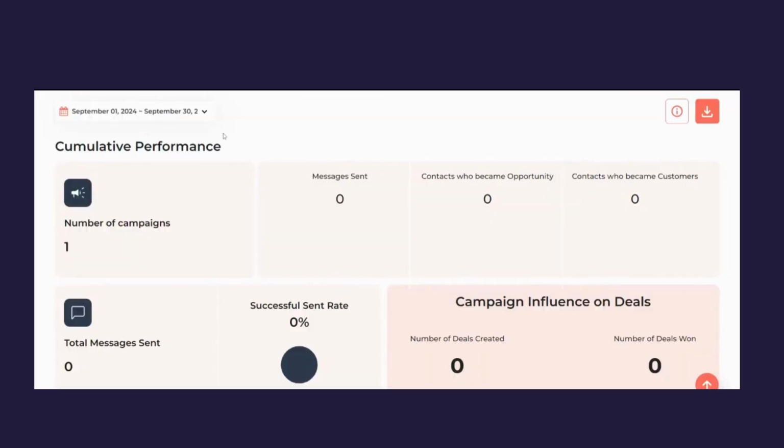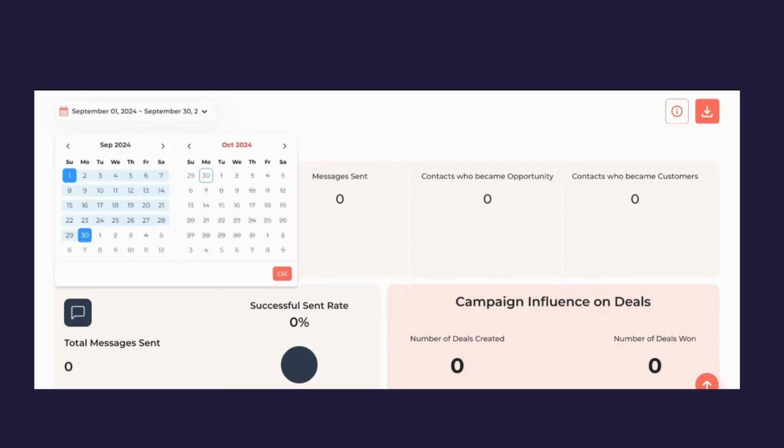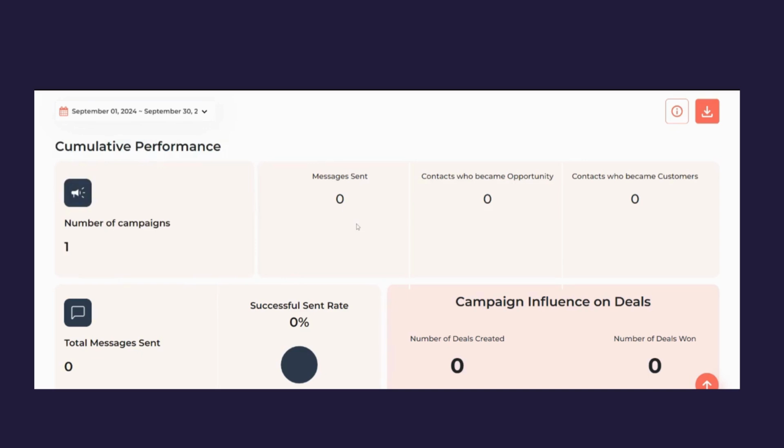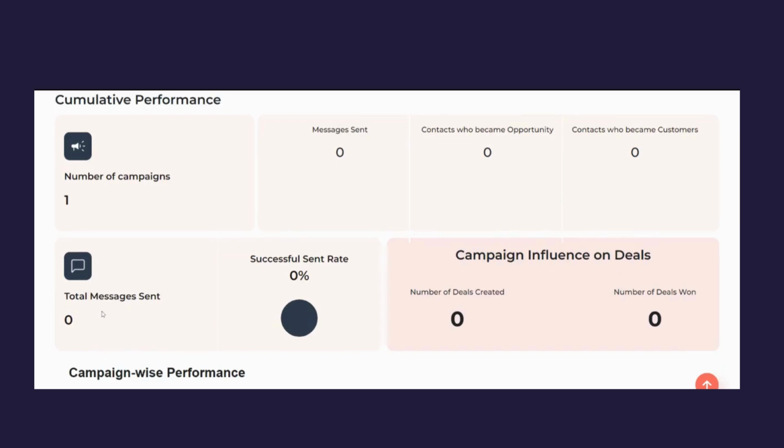So in this screen, you'll be able to view a more detailed performance of your campaign. So for example, the number of campaigns that were run and the duration in which they were run, the number of messages sent, contacts who became opportunity, people who showed some level of interest in your product or your service, and contacts who became paying customers,